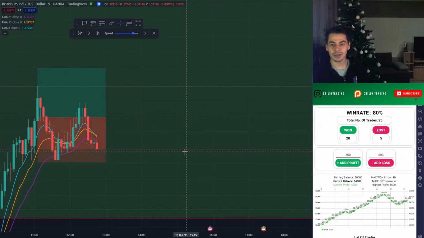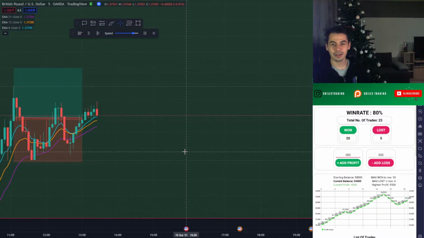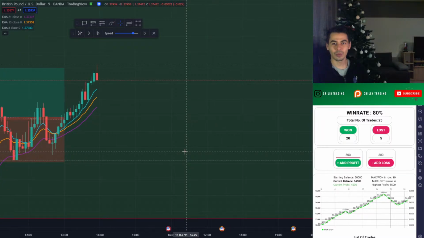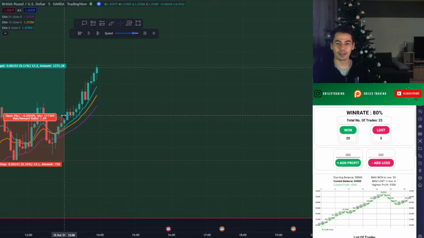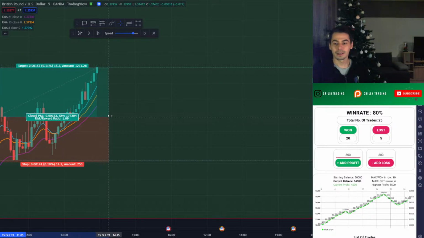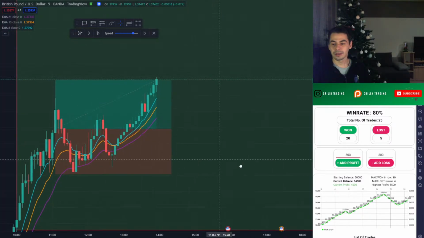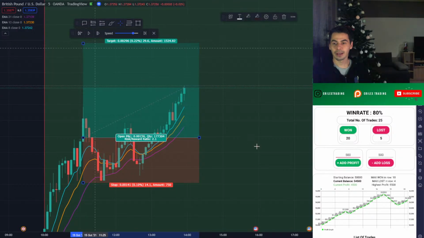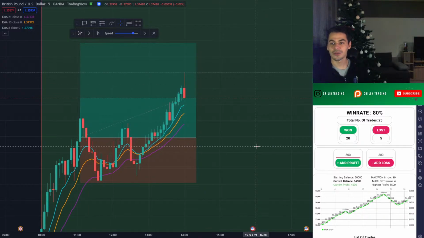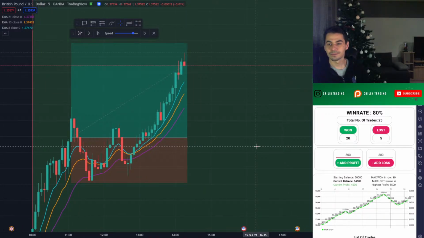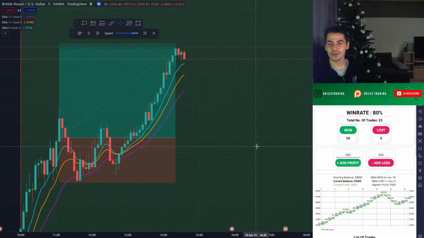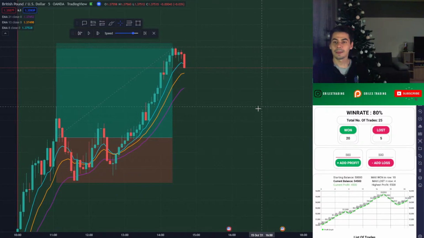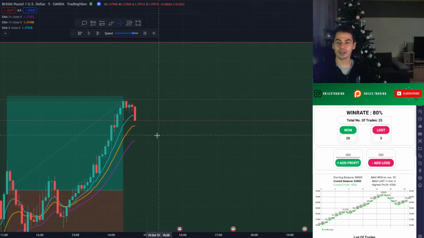Okay, so this position is still running a bit in a drawdown, still not at 1-to-1. Okay, now we have 1-to-1. And now we are looking for a 2-to-1 target. And we are also looking for additional entries if they may arise. Okay, so we haven't hit our 2-to-1 target yet, but we can set this pending order